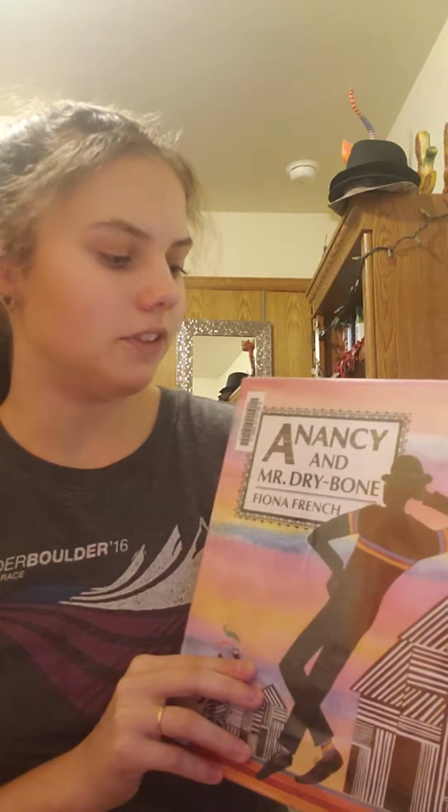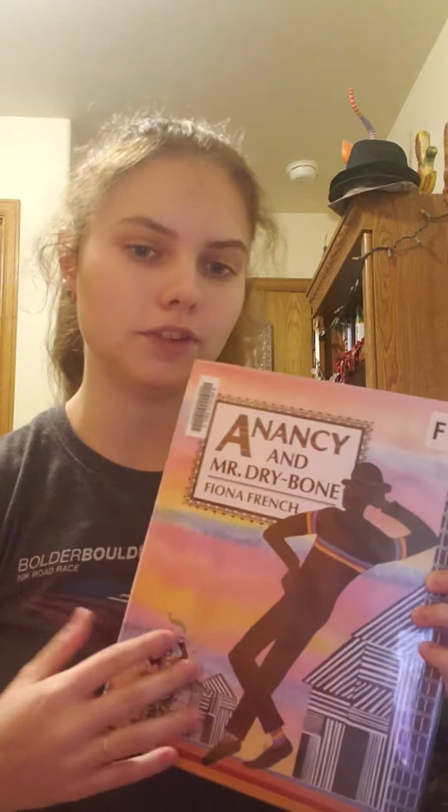Now the next book is Anansi and Mr. Dry Bone. This book specifically is about the Jamaican and African culture banded together. This is a folk tale about many men trying to woo Miss Elise, a beautiful woman who has never laughed in her entire life. So each man tries different things, wearing costumes, doing magic tricks, and finally,